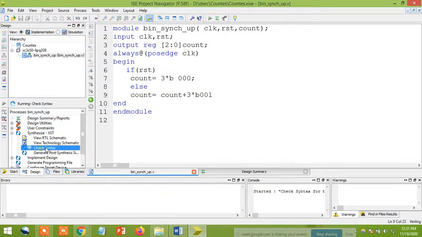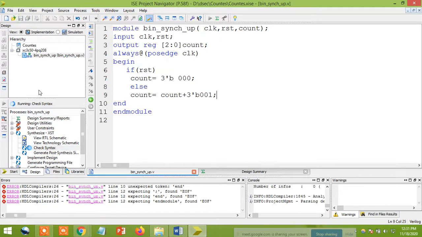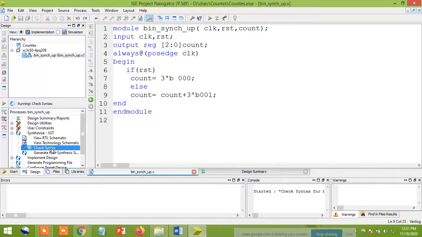Just check it out. Yeah, sorry, the semicolon is missing, right? That is the main thing. I'll save and remove that. So the green mark is coming, not an issue.